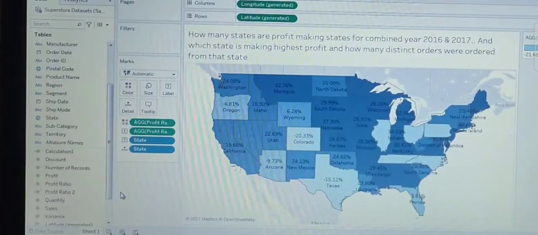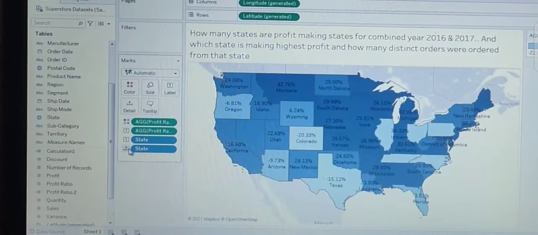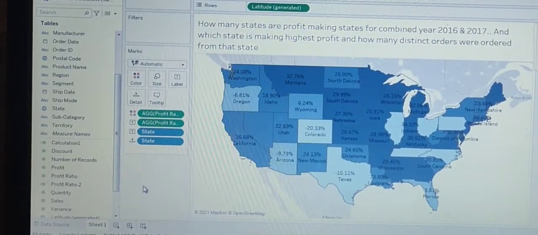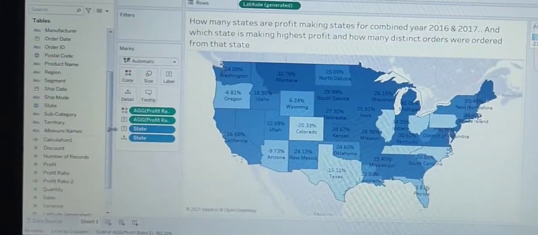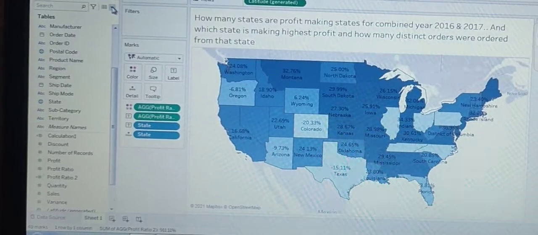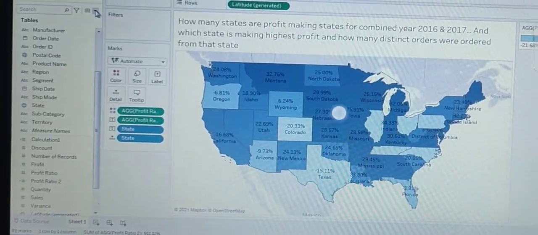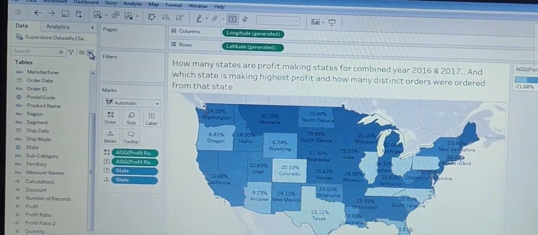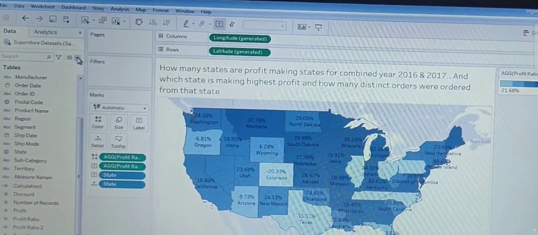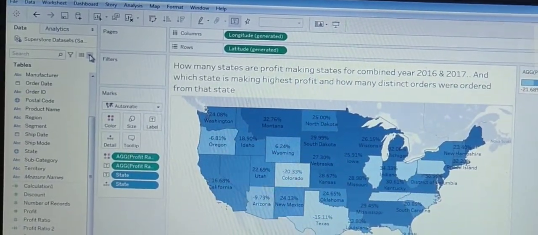so that we can see the state name as well. And now we want to find the distinct orders. To find the unique orders, we have to create one calculated field for distinct order, because we have a lot of orders which are duplicates in this data.